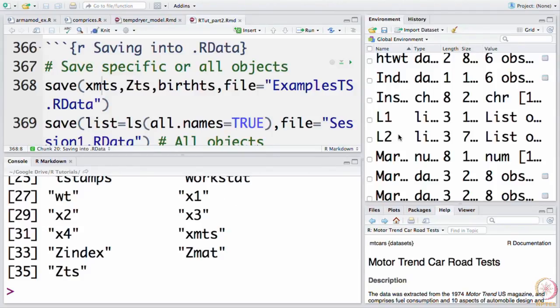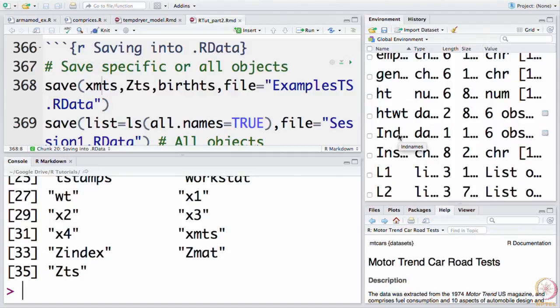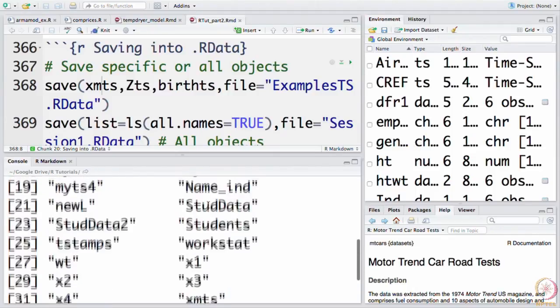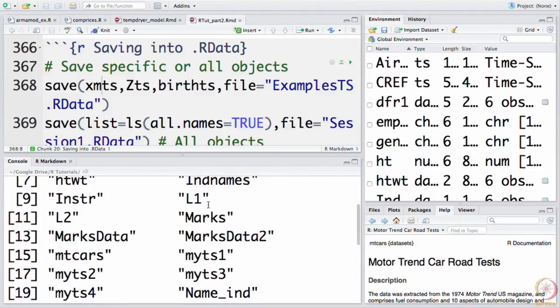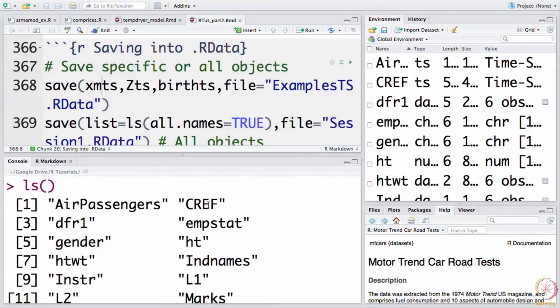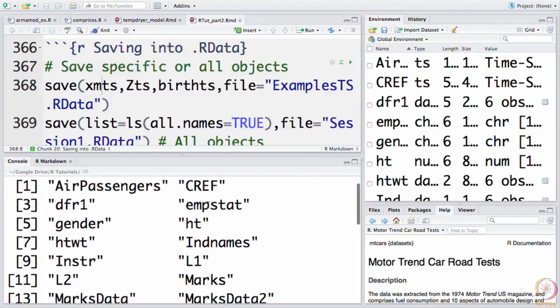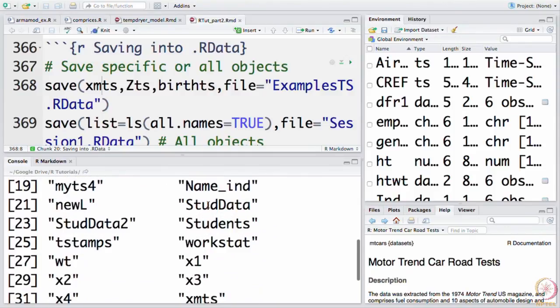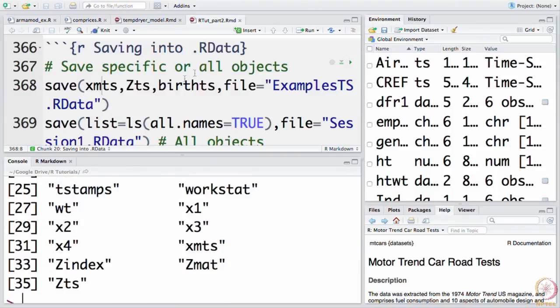Either you can read in the environment panel, which shows all the variables and their type and dimensions and so on, or for a quick look you can even look at the console and bring up the list of variables by typing in ls with open and close parenthesis, nothing in it. And as you can see here, I do not have birth_ts because I did not create that variable. Remember, we were not able to access the net. So, birth_ts is missing here.